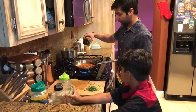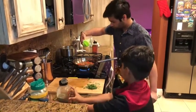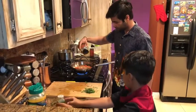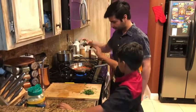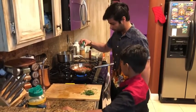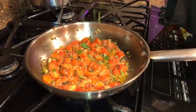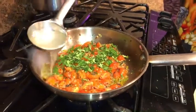First, let's start by adding 1 tablespoon of red chili flakes, followed by 2 tablespoons of garlic salt, along with 1 tablespoon of black pepper, and then of course 2 tablespoons of dried basil. Mix the spices well into the sauce and then add in your fresh herbs, followed by a ladle or 2